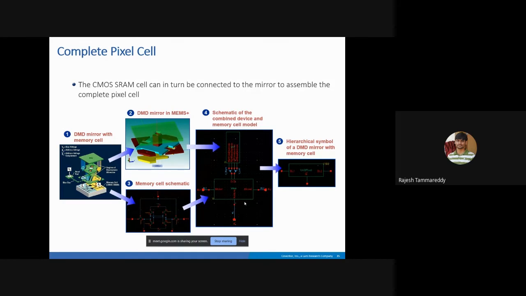Now with both mirror and SRAM cell combined together, you create a single hierarchical block. This is a single pixel. Okay. So which means that one mirror will give you a single pixel image there. So single pixel, it's like a dot basically. To see an image, you need multiple pixels. So what you do then?